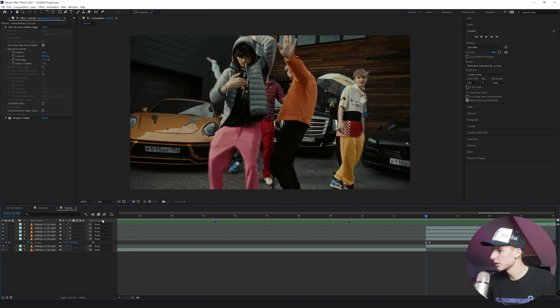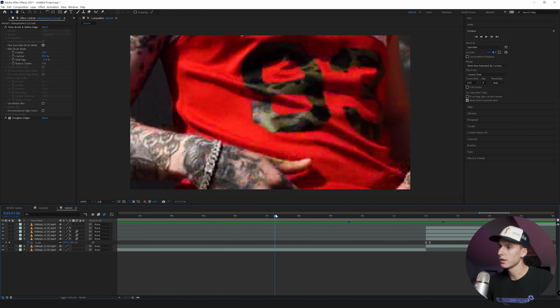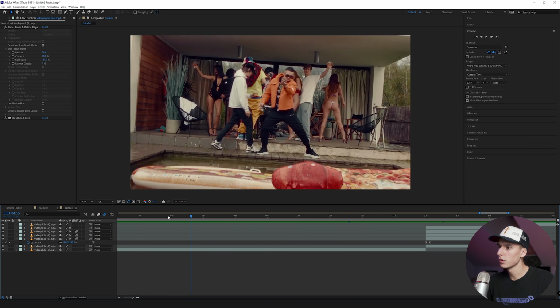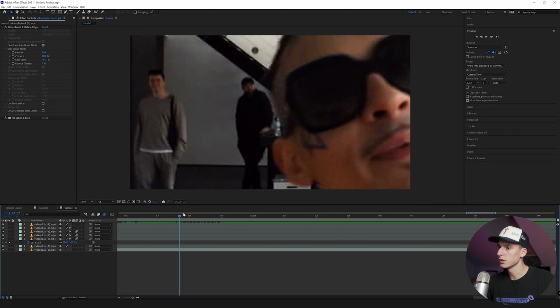I would recommend though making sure the motion blur is enabled and then motion blurring all of these layers that you just did that to, so when it zooms out, it's a little bit smoother. You can see in their video, they did it a few different ways. They had it all come out at the same speed right here, or the first one, I think they had it come out at different speeds. It looked really cool actually.